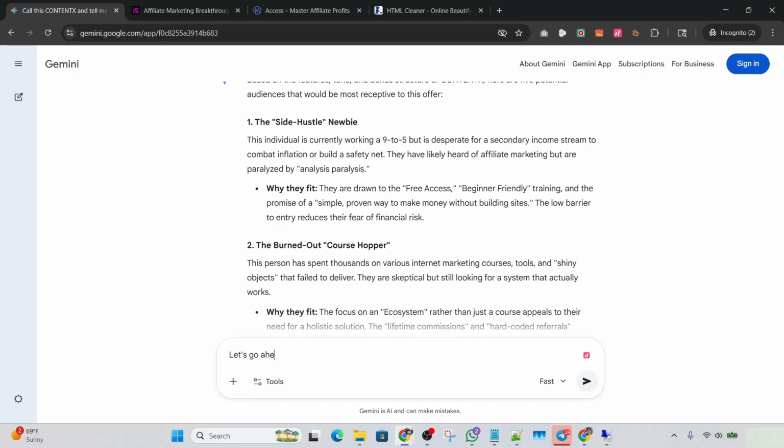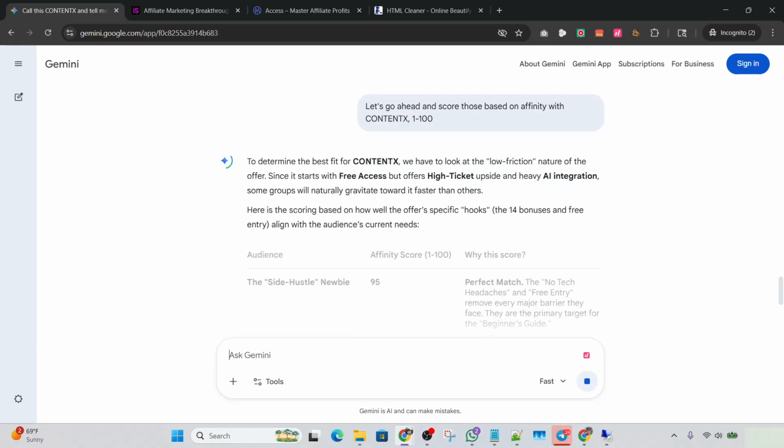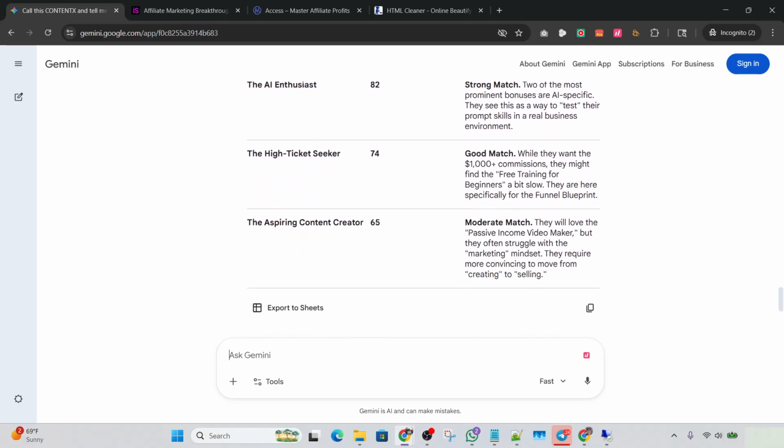Let's go ahead and score those based on affinity, kind of like a close match, with content X, 1 to 100. I like to score 1 to 100.